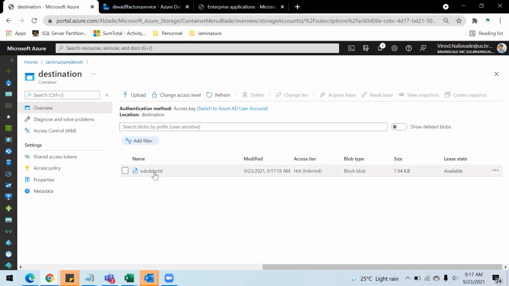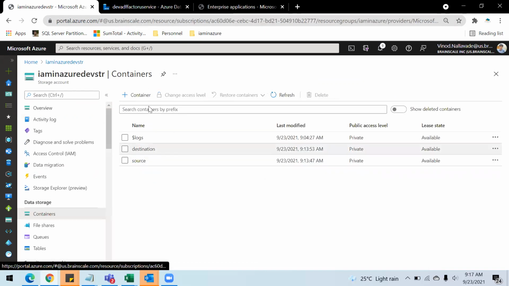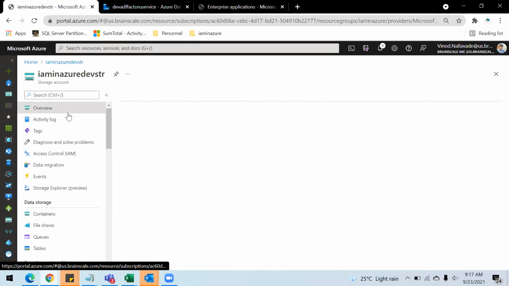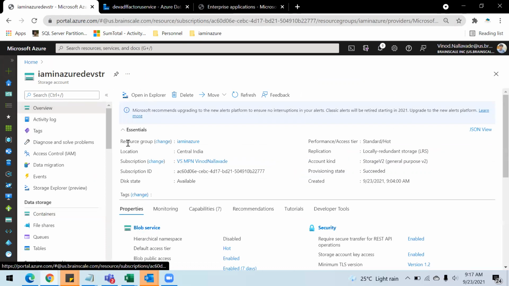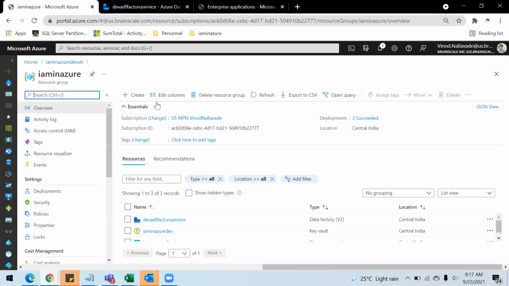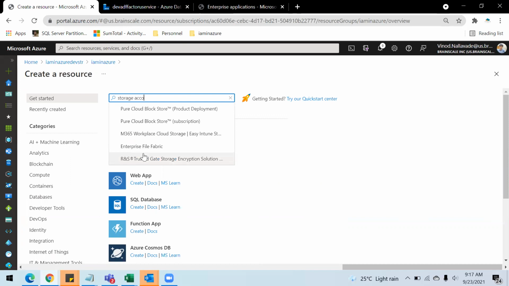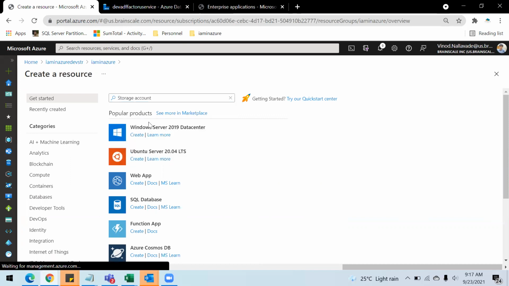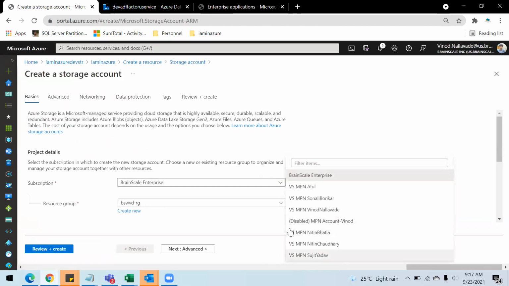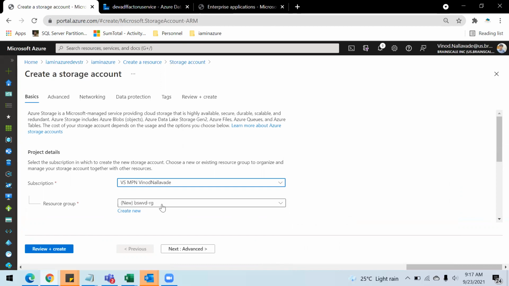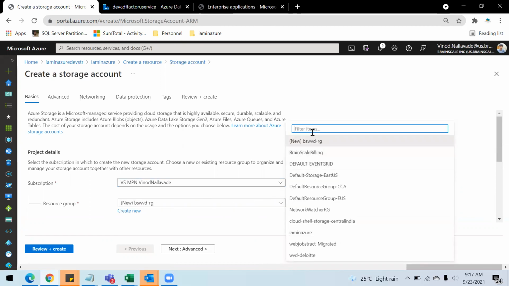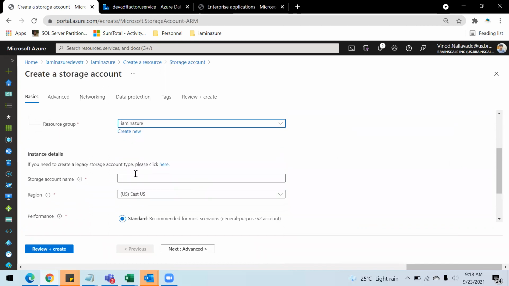See that file. Now what I'm going to do is create one more storage account. My idea is just to show you that I'm not going to touch the linked service that I created earlier.